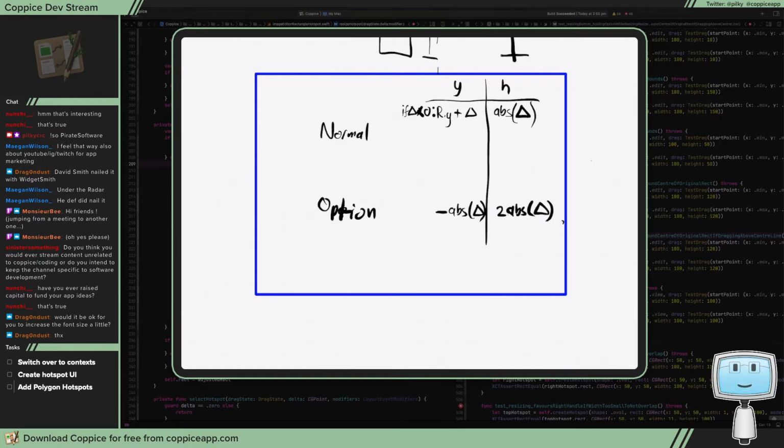Your origin is going to be whatever the original rect origin is. And then what we want is, yeah, so we're just working in the rectangle space, and then we can convert the origin back. So effectively we're working in bounds rather than the frame. So what we are going to do is let drag delta equals